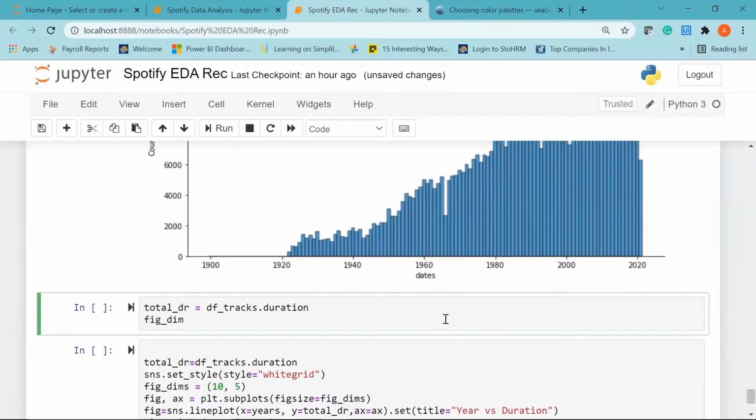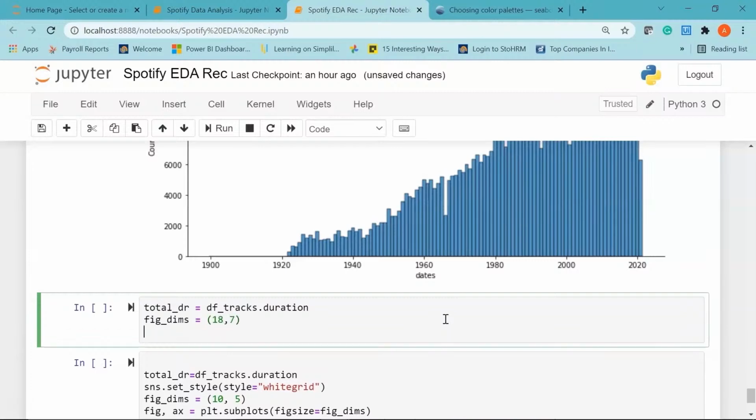So I'll use figure underscore dims for dimensions equal to 18,7. After that, I'll have my figure axis defined. So I'll use the matplotlib subplots function, and I'll set the figure size equal to my figure dimensions,